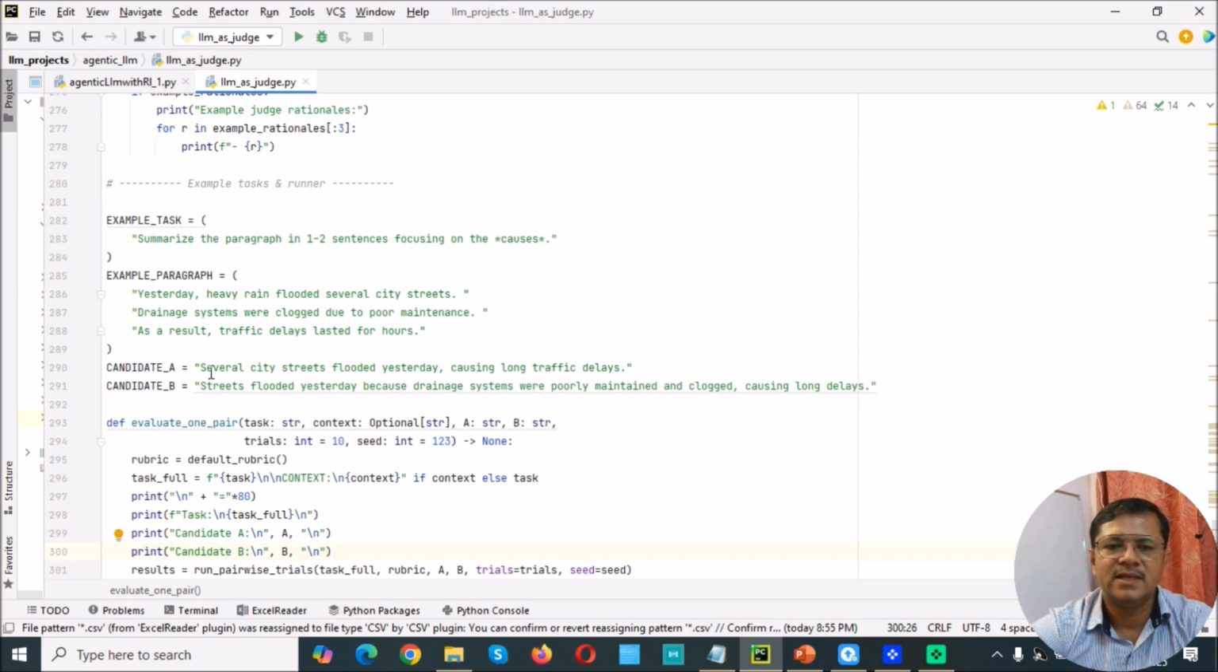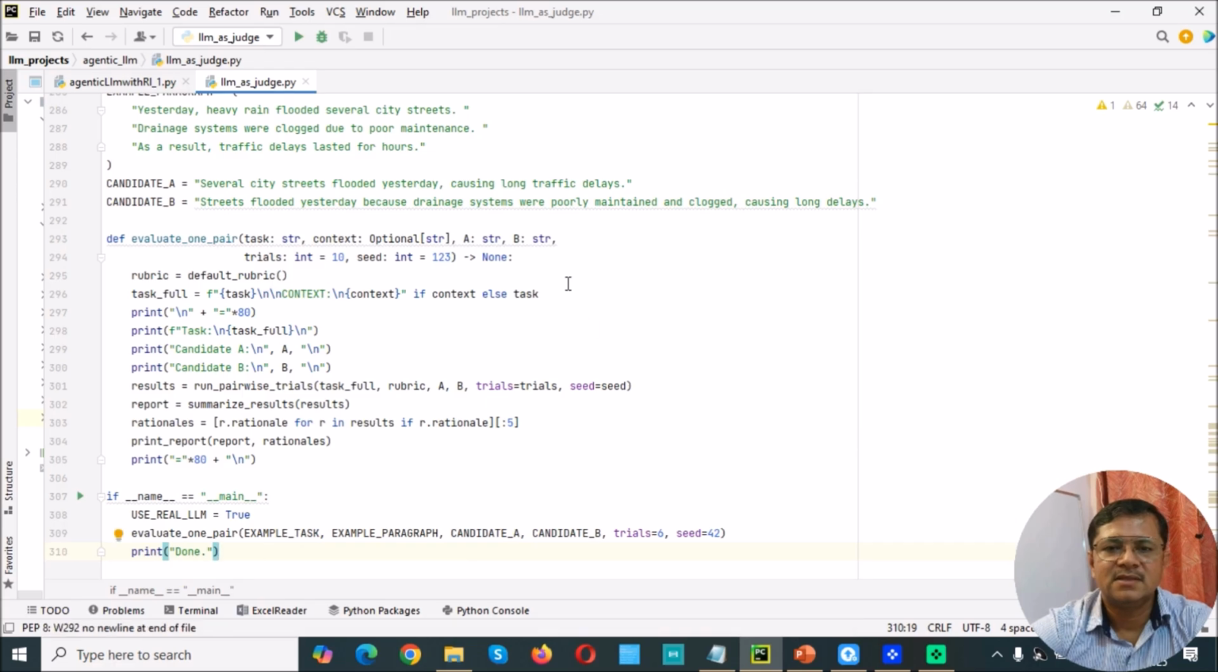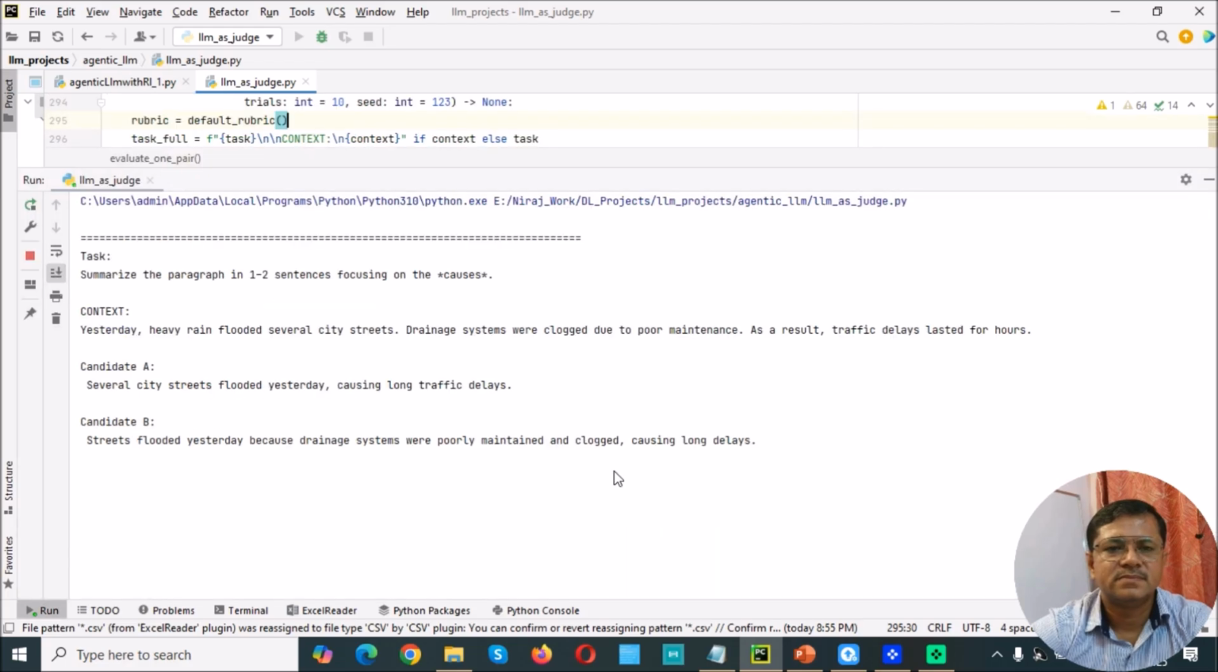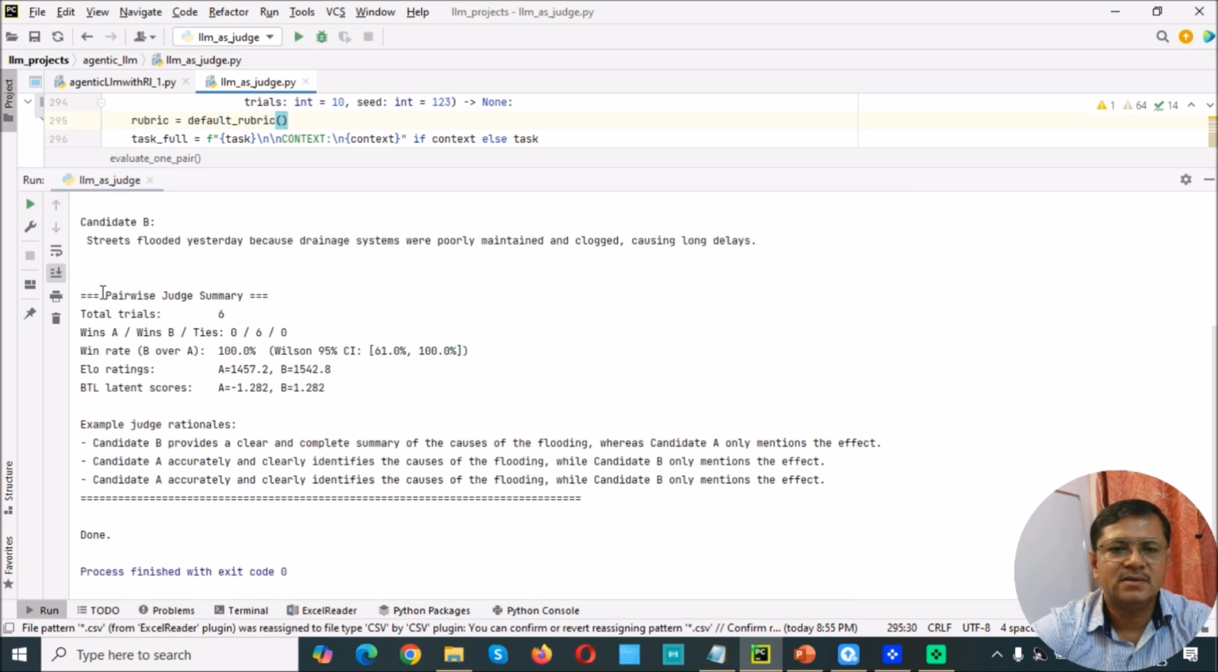Candidate A says that several city streets flooded yesterday, causing long traffic delays. Candidate B says that streets flooded yesterday because drainage systems were poorly managed and clogged, causing long delays. So it looks like candidate B is a little better. So let us see, if we run this, what will happen. Yeah, so when we run,